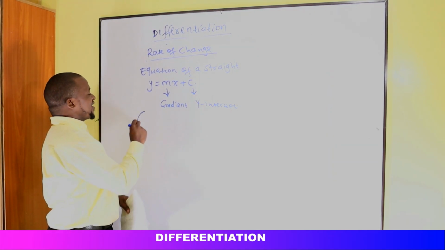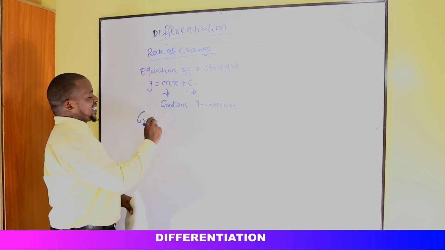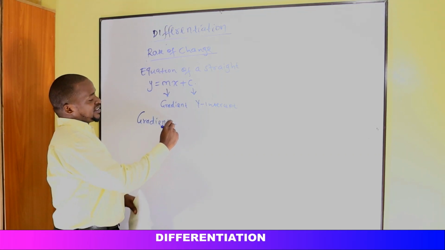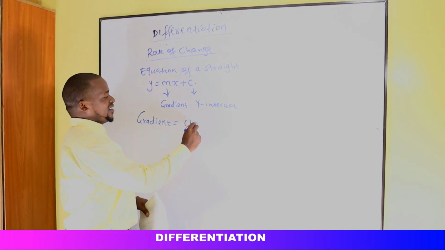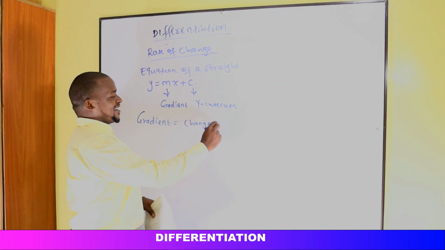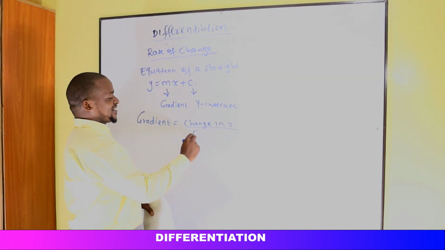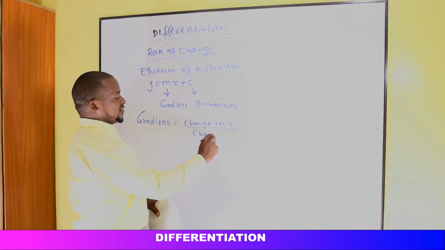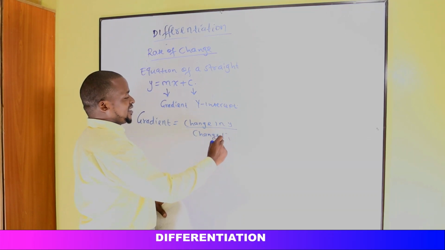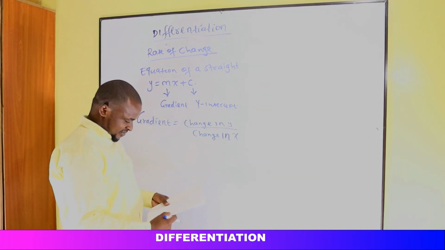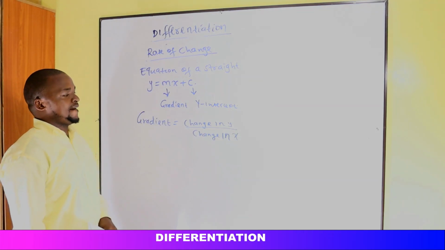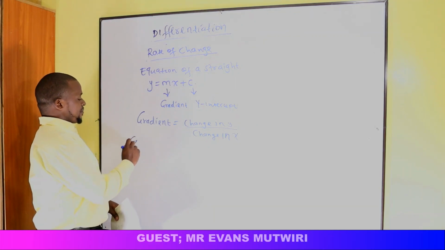So how do we get the gradient? Gradient is given by the change in y over change in x. For example,